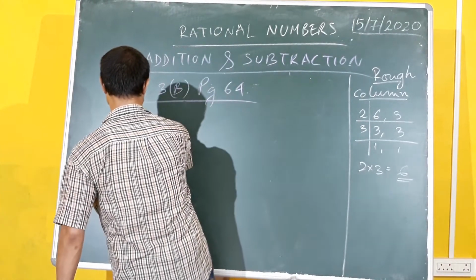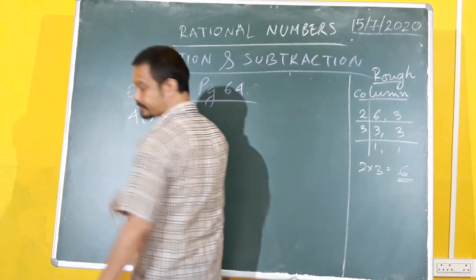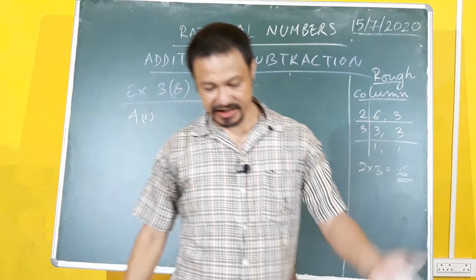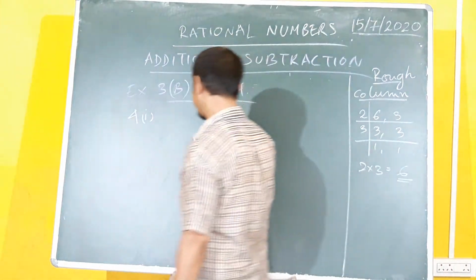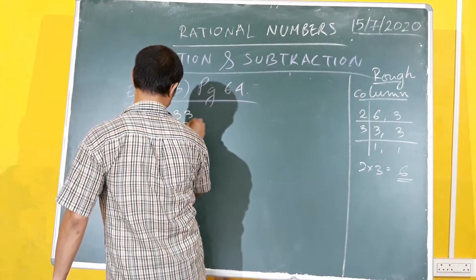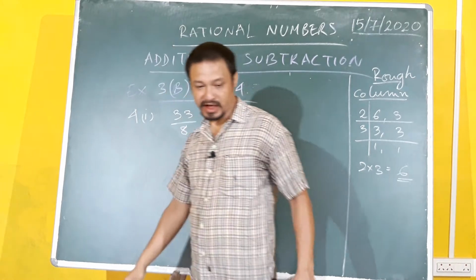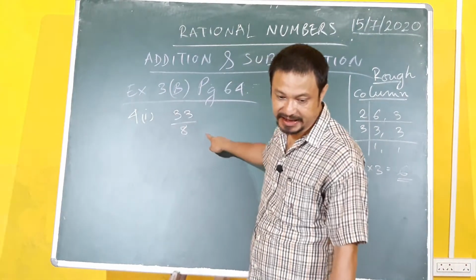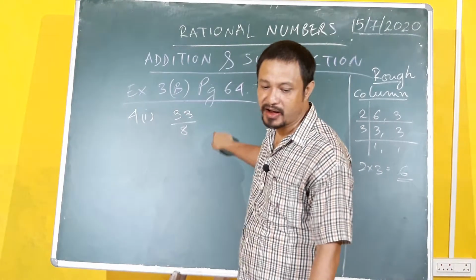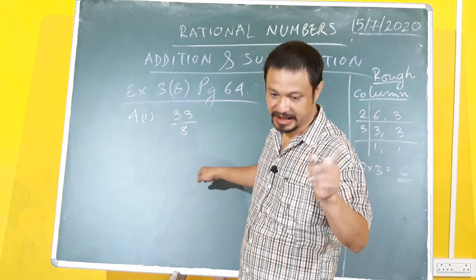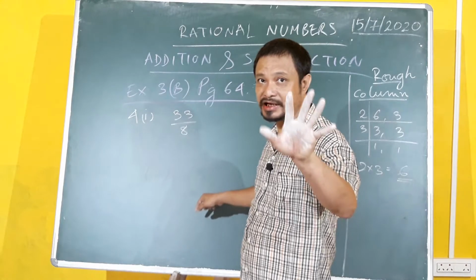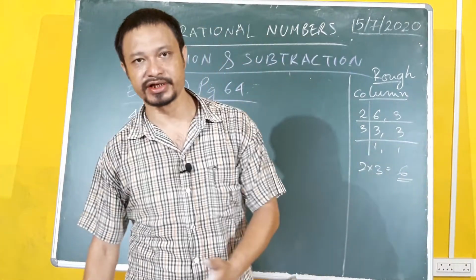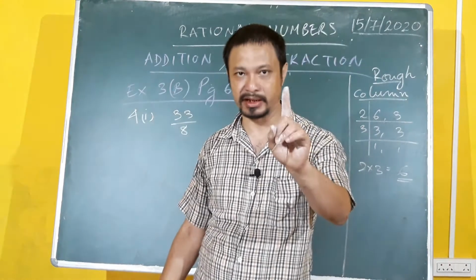What does it say? You read it. It says, express each of the following rational numbers. So in our case, the first rational number that we have is 33 upon 8. Express it as the sum of an integer and a rational number. An integer is just a number, like negative number, 0, positive number, they are all integers,